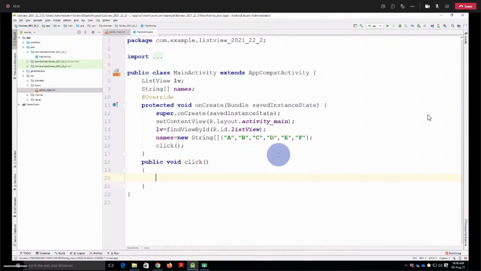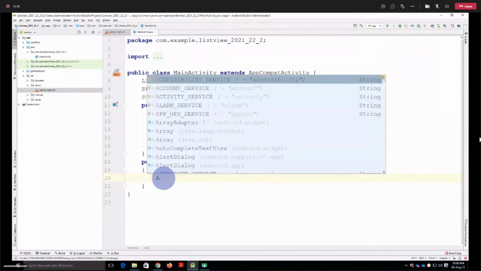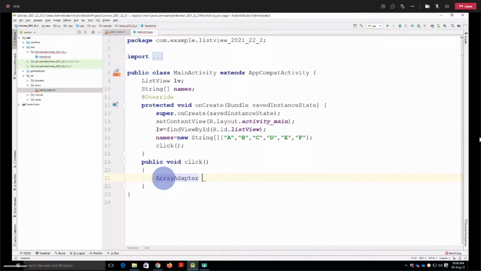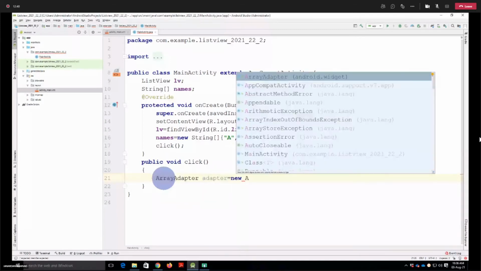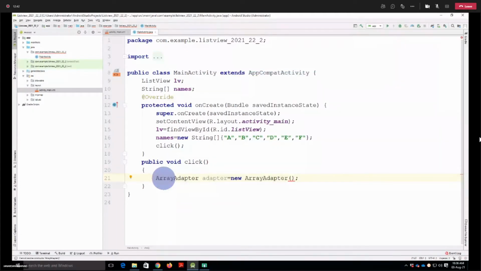Okay, the first thing, we have a list view. Now we have the items, or we can say the data we have. We have a list view and we have data, both. Now what we need is an array adapter, right? So for the array adapter, you just need to type ArrayAdapter, and then you can create the object like a normal Java object. And here you need to pass 3 parameters. Which are those? Context, layout, data. Yeah, that's the correct answer.